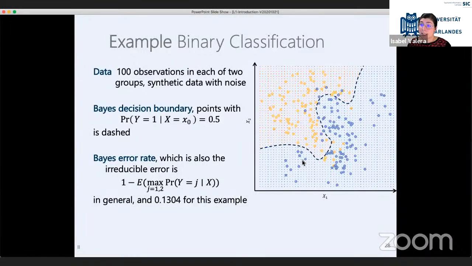And in general we observe our data, and you can see that it is quite hard, there are some overlaps. So here, for example, we get a yellow and a blue point very near each other. So the goal of a classification problem is that if I were to observe